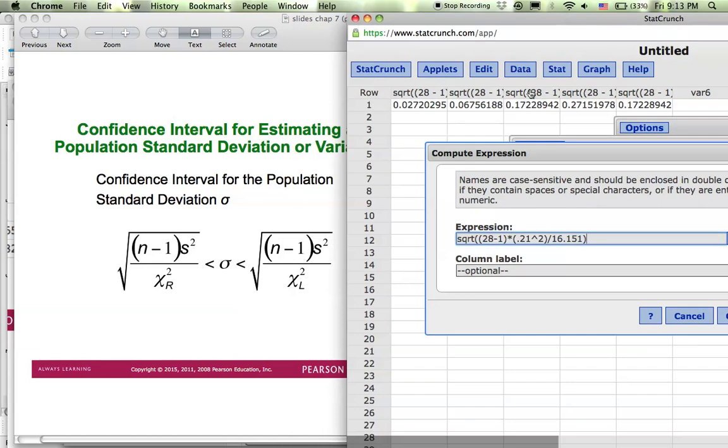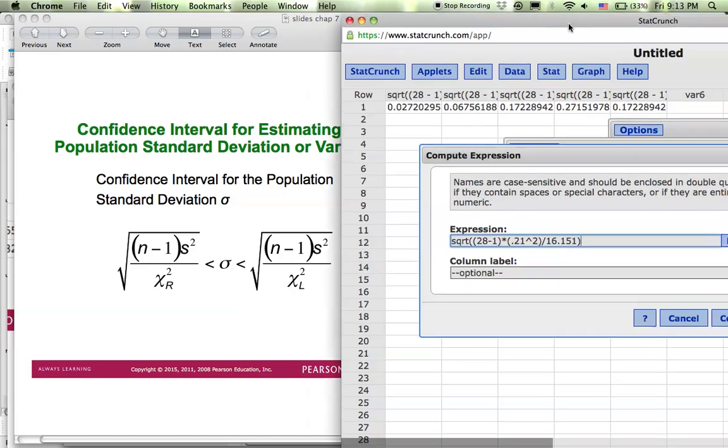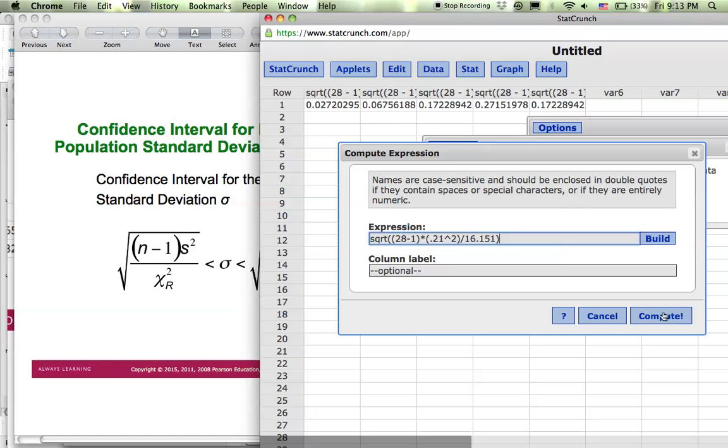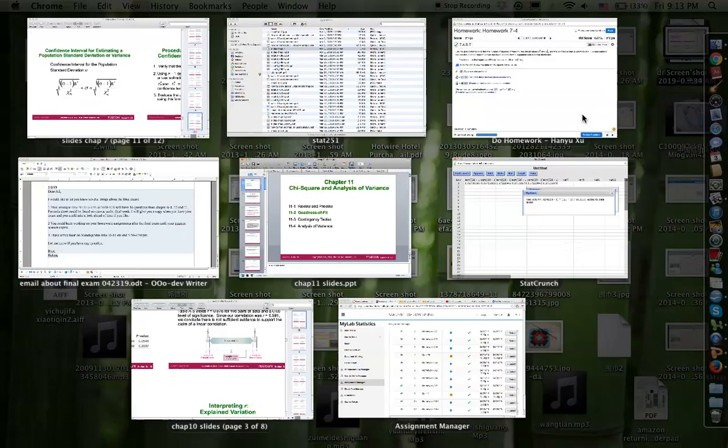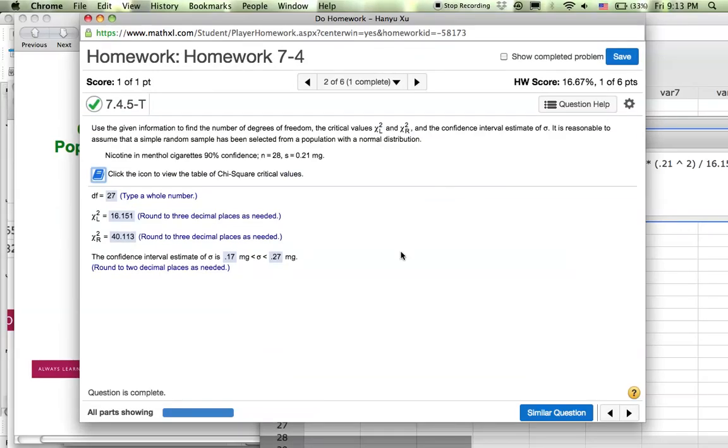So if you look at the formula, it will be this one. Okay, so this is for the right boundary. You can compute. So those two columns will be the left boundary and right boundary. So if you round to 2 decimal places, that will be from 0.17 to 0.27. Okay,